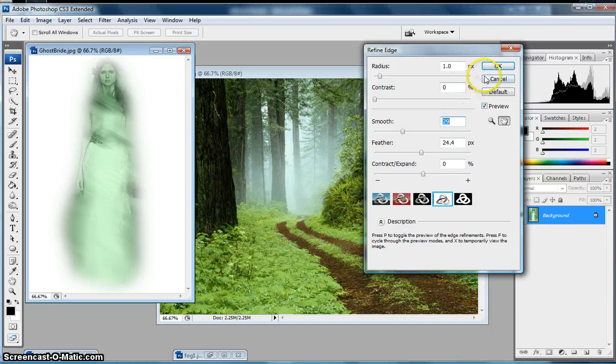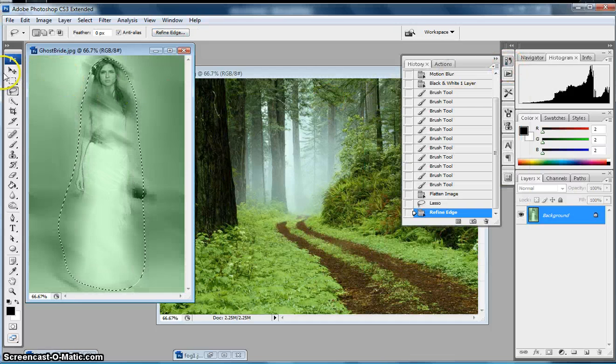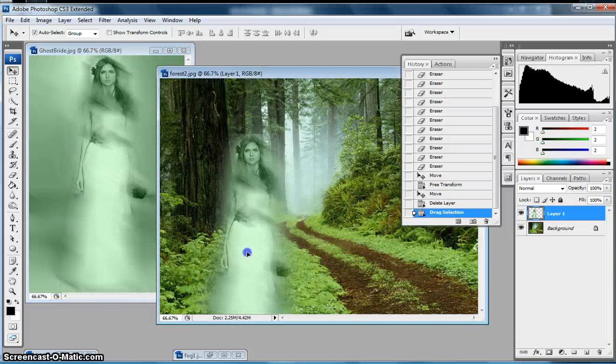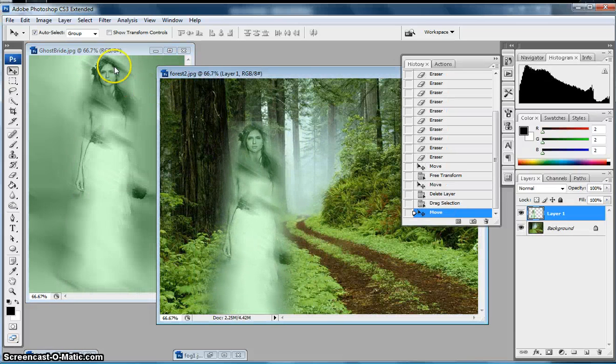so that I can just... And again, if you're not sure what I'm doing here, this was all in the selection tools tutorials, the refine edge tutorial and stuff like that. So I'm going to hit OK, and then I'm going to use my move tool to drag this image over here. Okay. What happens here is, if you look, the top of this area was kind of a hard edge,